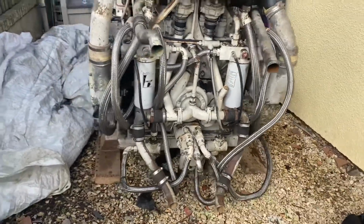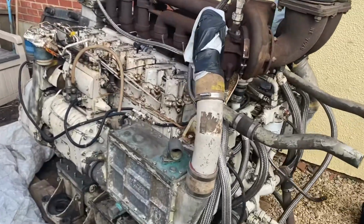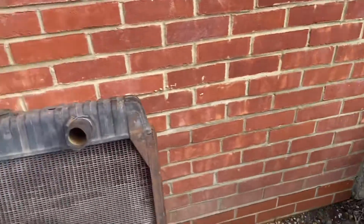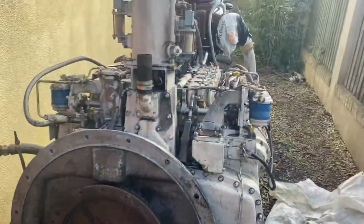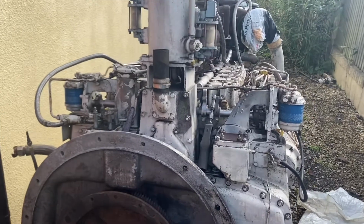There's the filters for the diesel oil. No, actually they're the oil in the engine. The diesel oil ones are up here by the diesel oil pump. So yeah, that's it. Radiator, and yeah, the new pride and joy in the engine collection and the stationary engine collection,